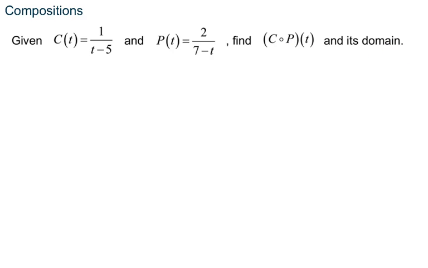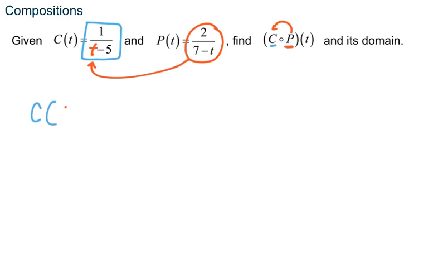So what this means, remember, the second function is always going to plug into the first function. So in this situation, that means P of T, which is equal to 2 over the quantity 7 minus T, we are going to plug that into C of T wherever there's a T value. So it's going to go in right there. That's what the notation means. So C of the function, C composed of the function P of T,